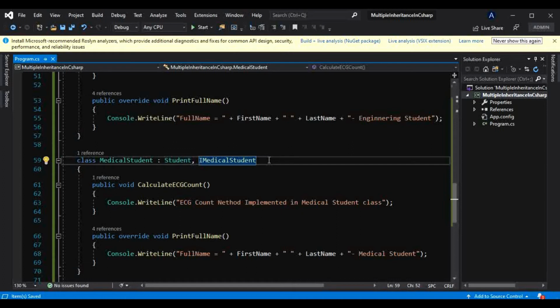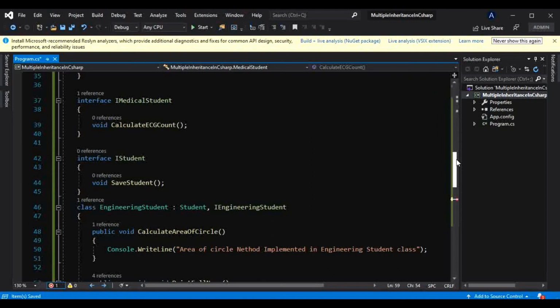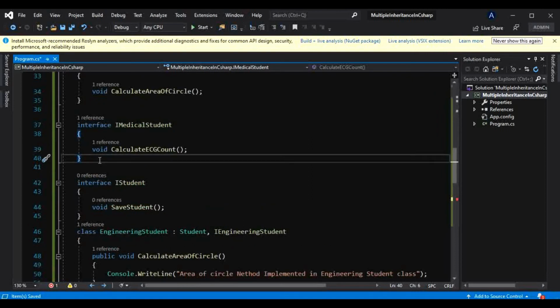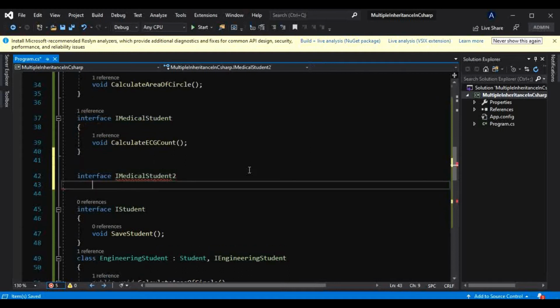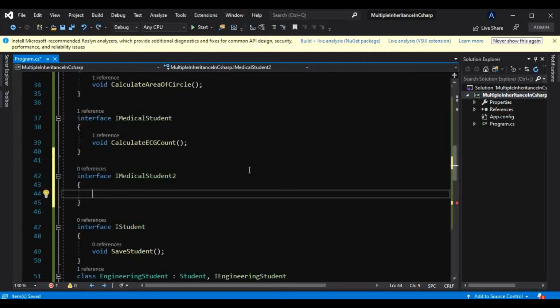If I try to do that as well, let's create another interface. We will introduce another interface, iMedicalStudent2, and let's say there is one method which will calculate heartbeats.